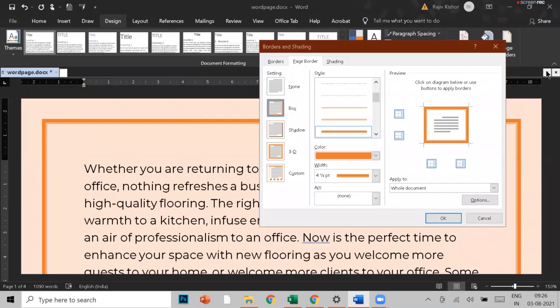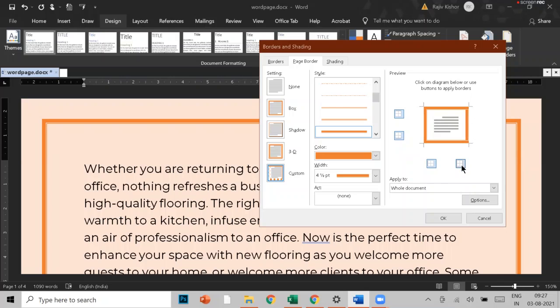Okay, I hope it's very simple. But one more thing I just want to show you. Sometimes it happens we want a border only on one side or two sides. So there are some boxes appearing, by clicking on which you can select on which side you want a border. For example, if I select this one, this border is not appearing.